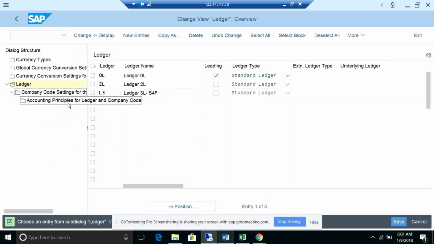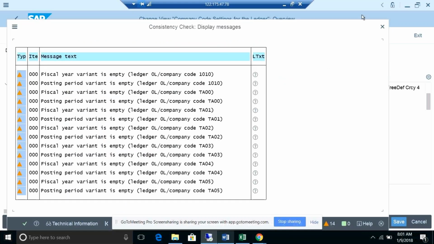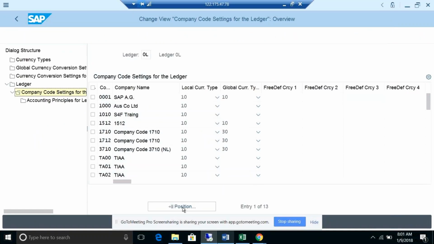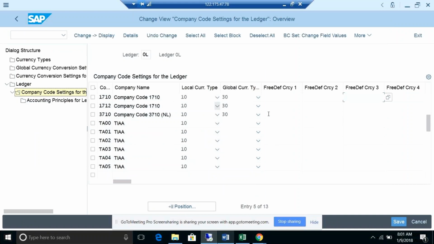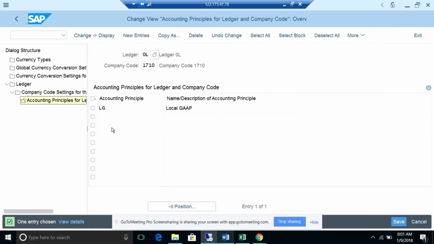For example, for 0L, my company code is 1710, right? For 1710, I have ledger group local GAAP, 0L.